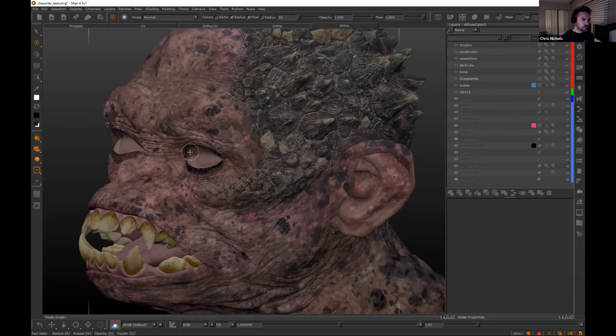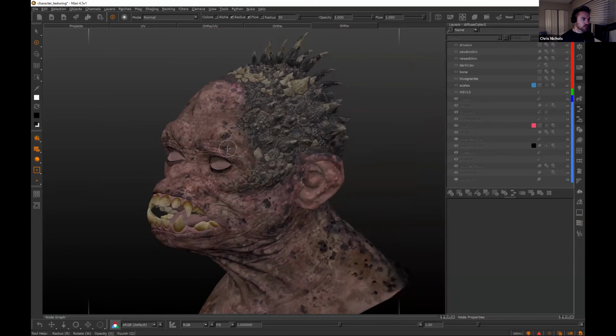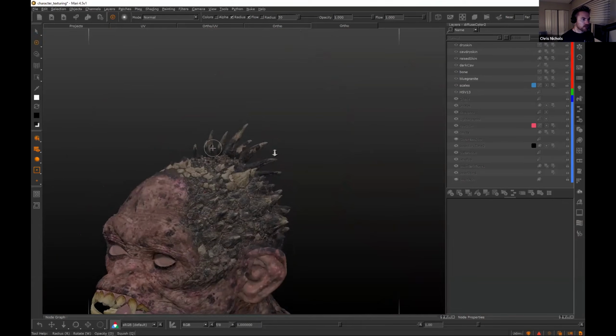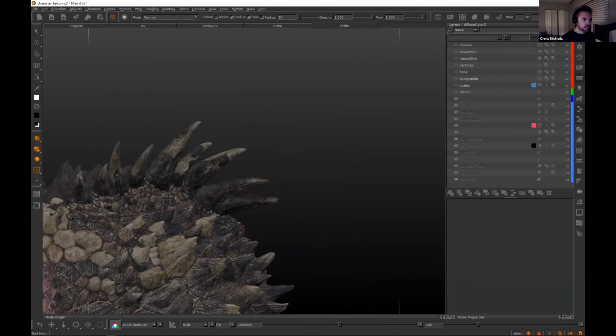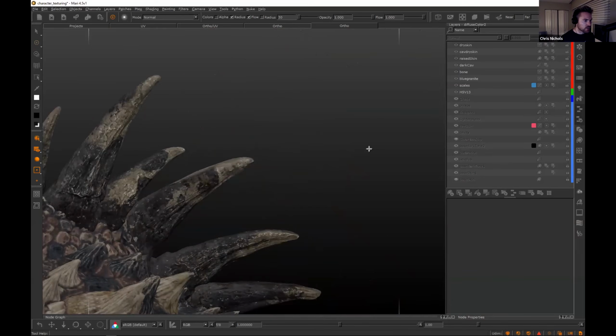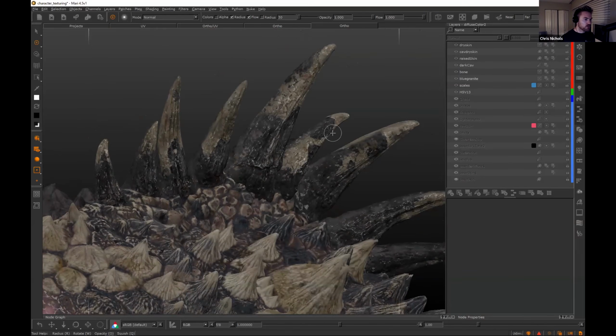So I go over my process for creating textures for the teeth, for the skin, for the eyes as well, which I don't have in this scene, and all these little details on the head as well, like the horns up here, how I use Substance Designer to bake out different control maps so that I'm able to paint highlights or shadows or cavity detail.